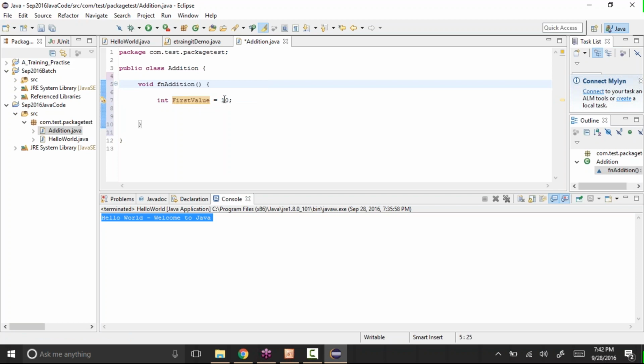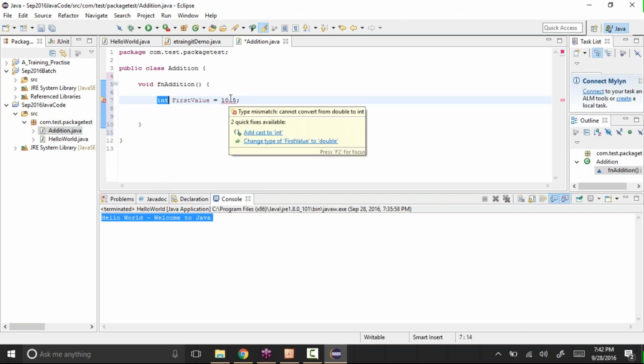In case I give it something else, like let's say 10.5, see, it's giving me an error because 10.5 is a decimal, whereas what we have defined here is an integer. There are different types of variables that you can create, which I'll explain later. But for now, int means you can store an integer value.